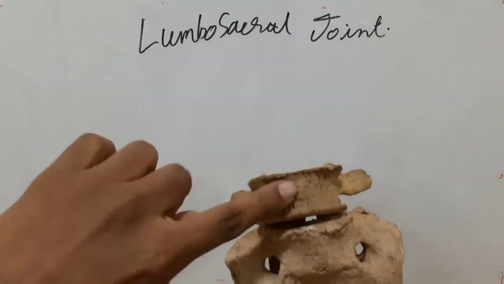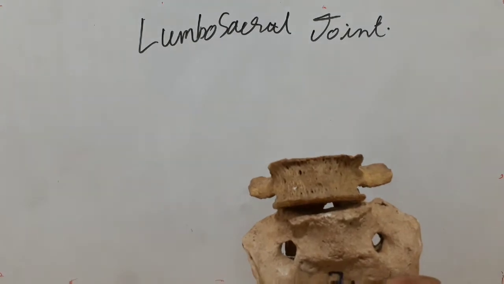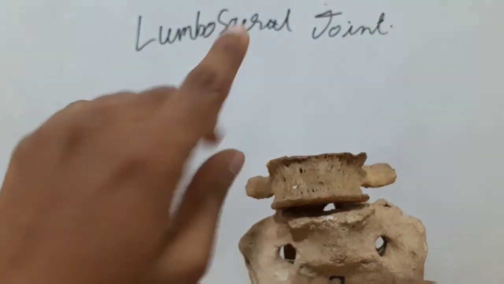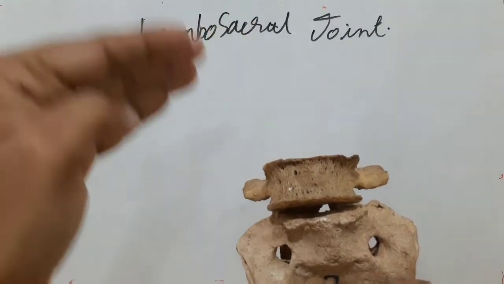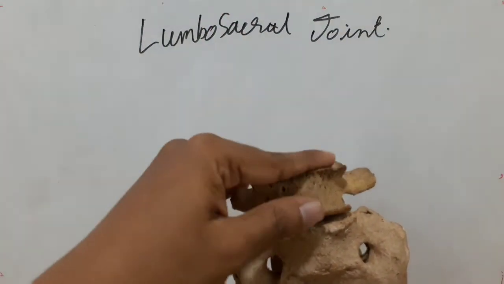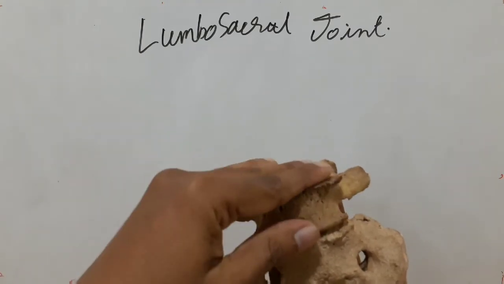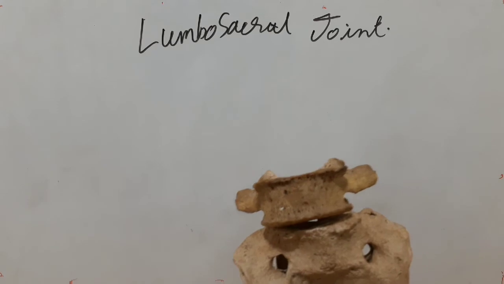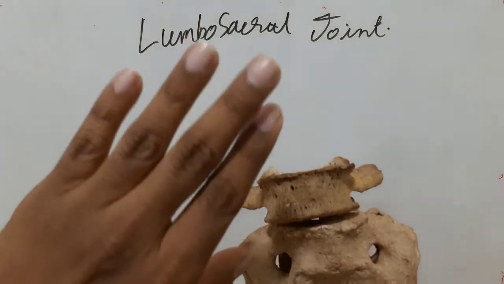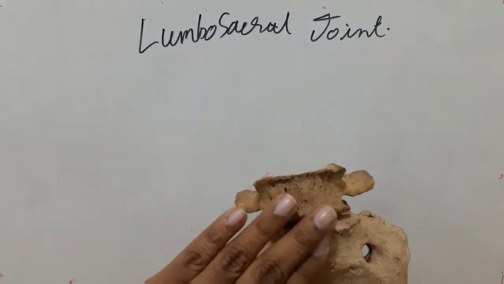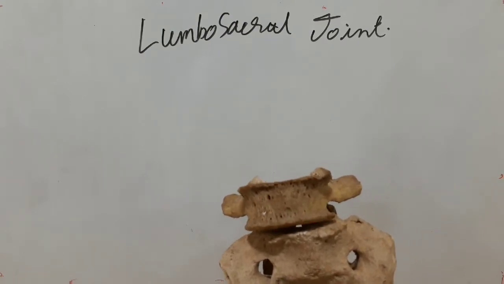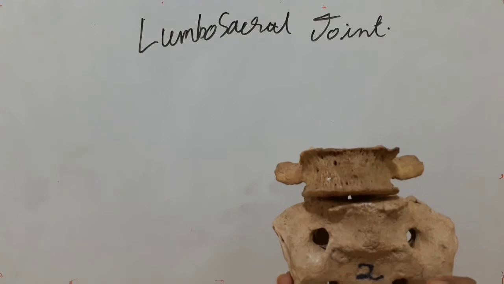Side flexion: the overall side flexion is 20, but I told you the range of motion of side flexion and rotation is higher above and lower below, so almost negligible. This joint is stiffer. Rotation and side flexion are very stiff because there is more range of motion above, not in this lower position. So the range of motion of side flexion and rotation is negligible.